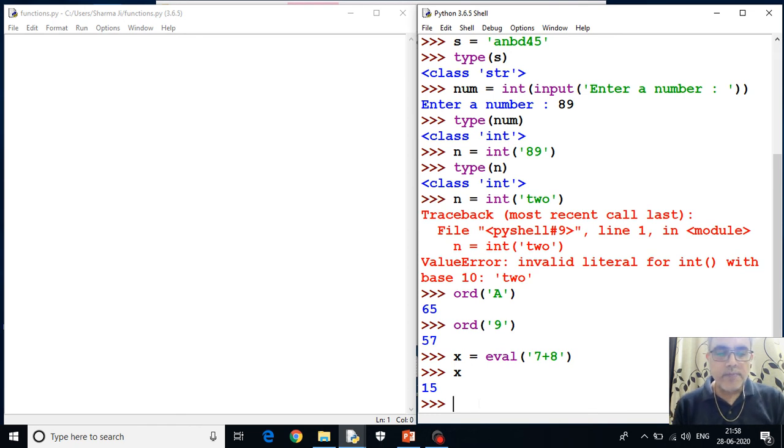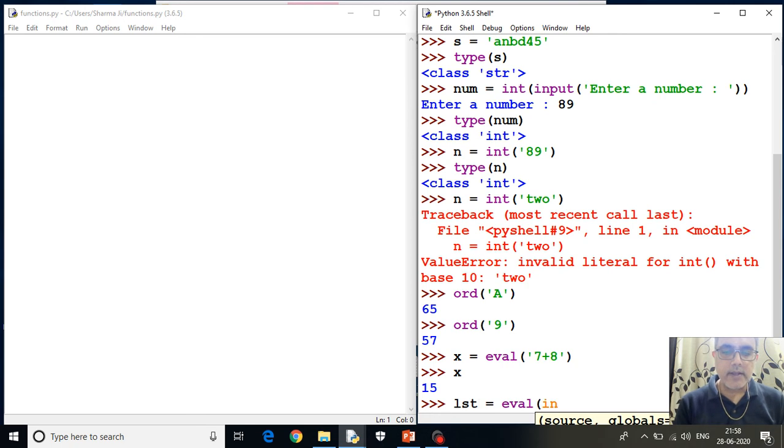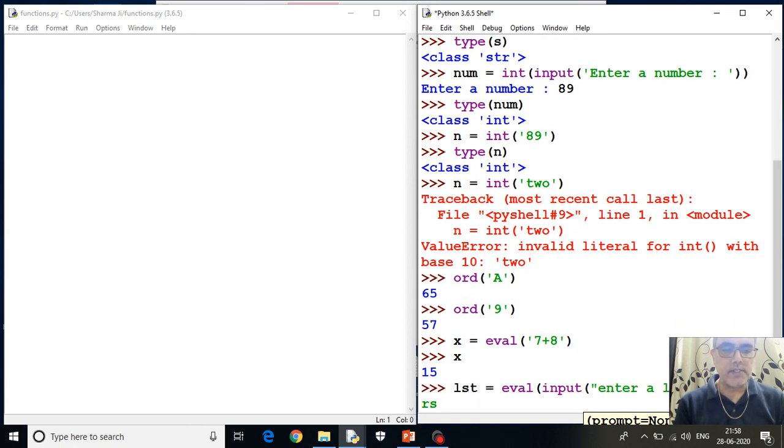Okay, if you have to read a list from the user, there also we use the eval function. For example, if I write lst is equal to eval and input, "Enter a list of numbers."